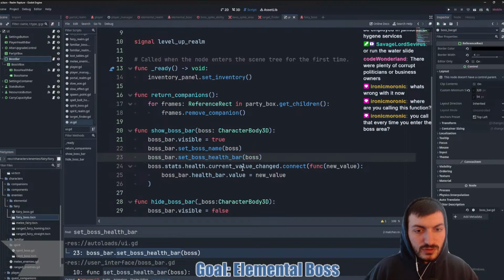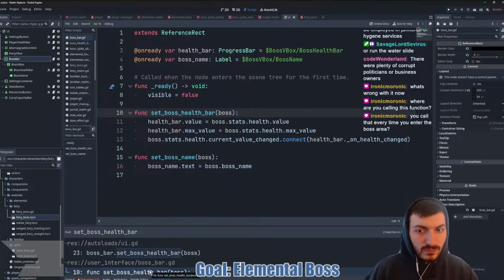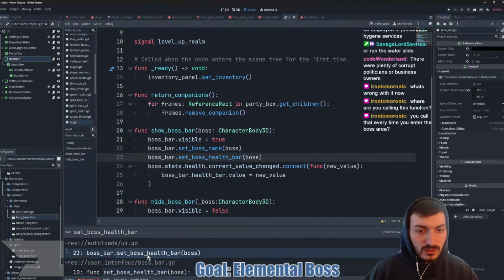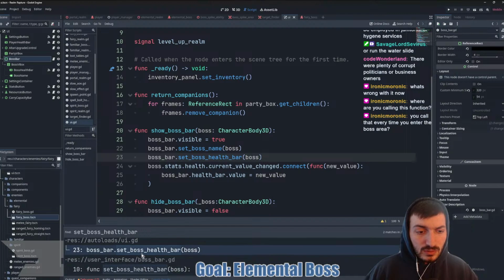Wait, connected, new value. Wait a sec. Connected health bar versus connected with a function new value. Health bar equals new value. Wait a second.